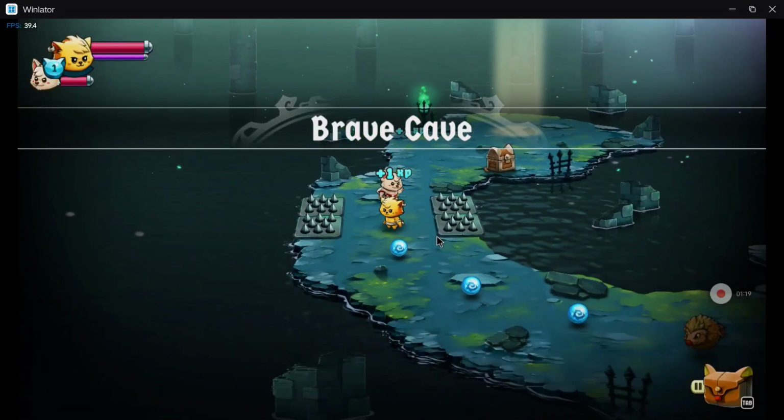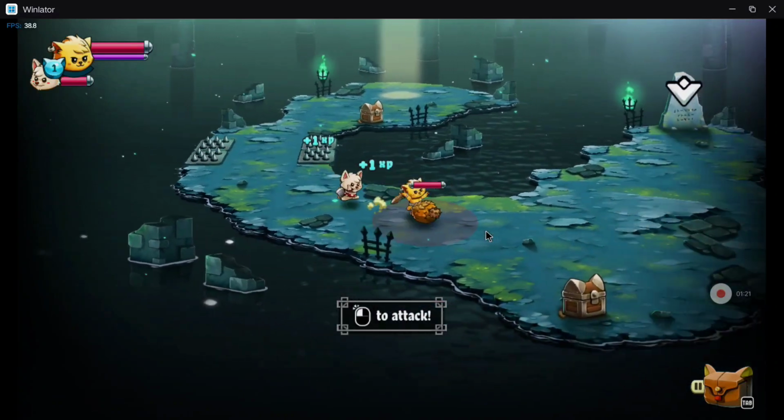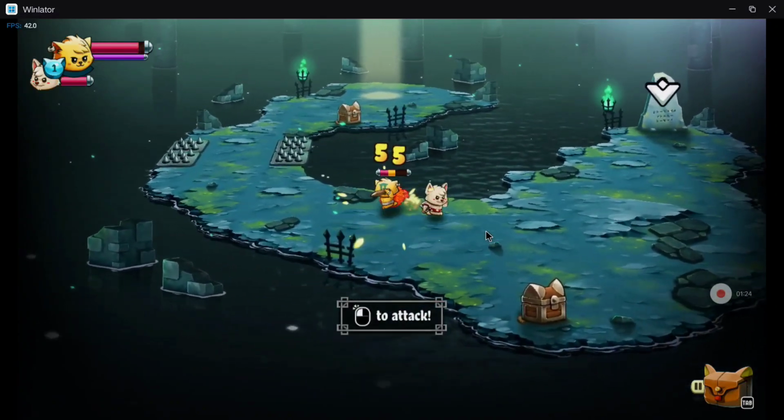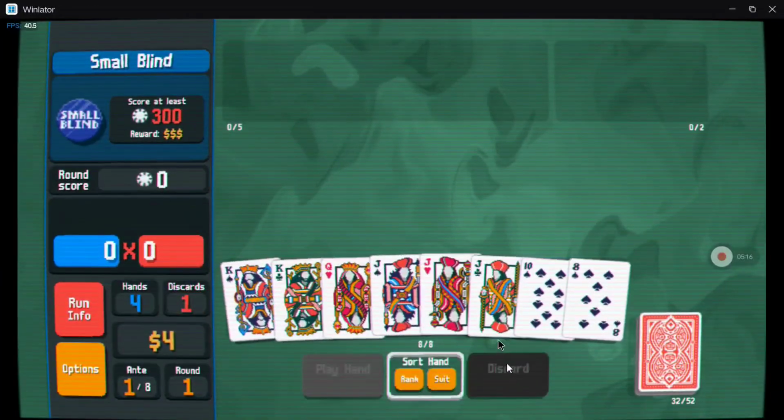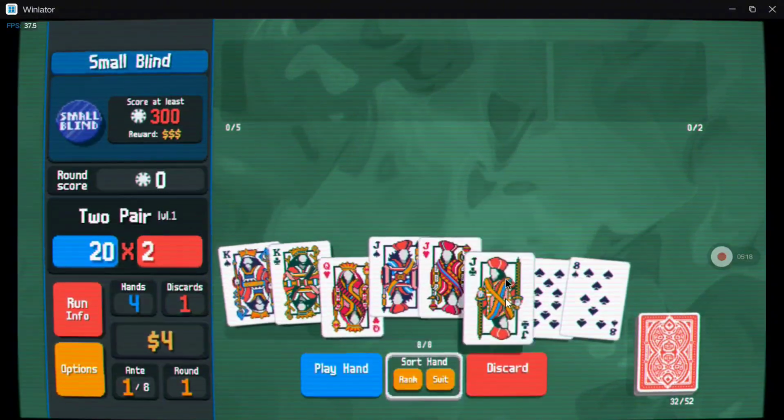In today's video I will show you how to use Winlator. With this application we can run computer games on our Android device. I will show you how to configure a gamepad and also how to store all the games in the microSD